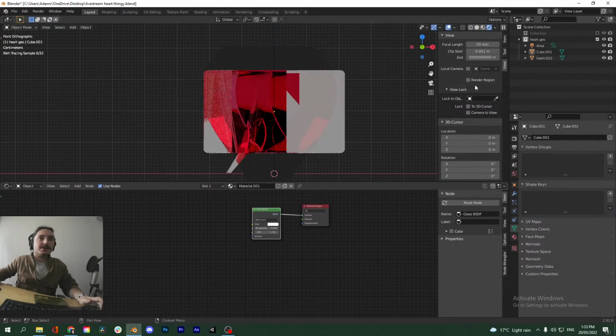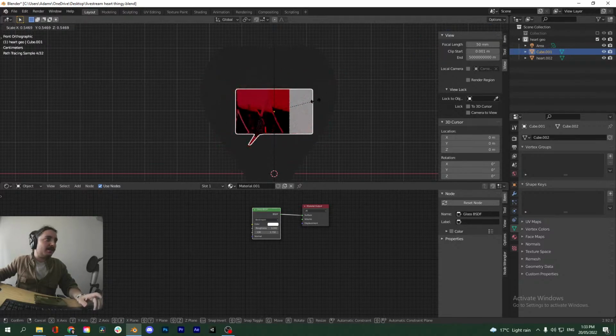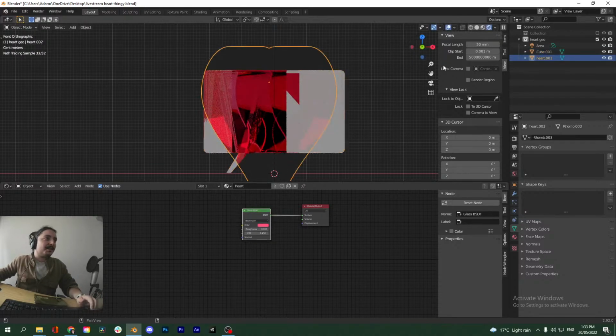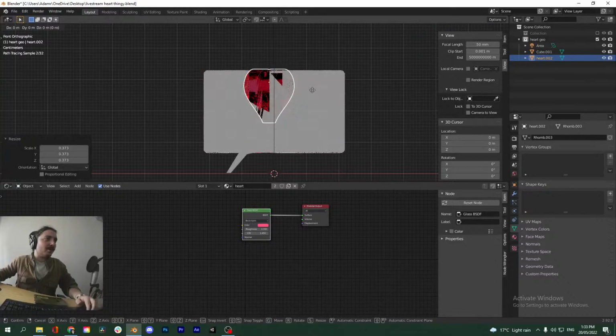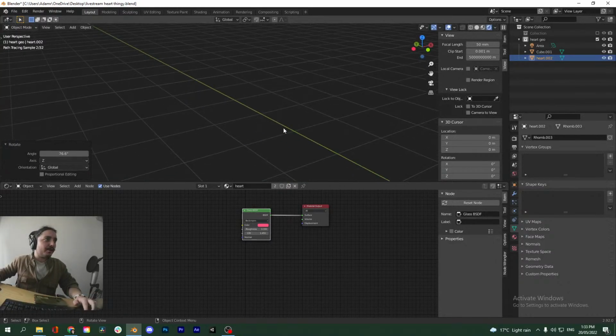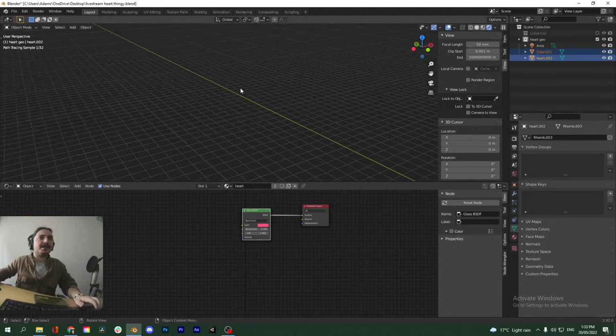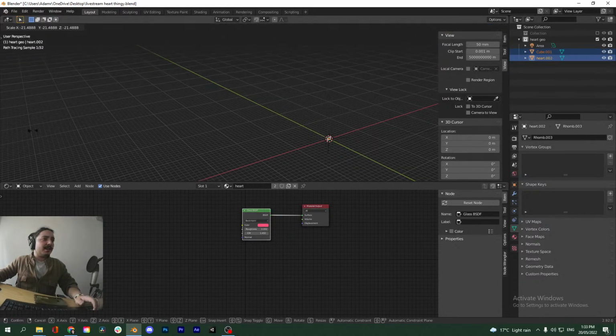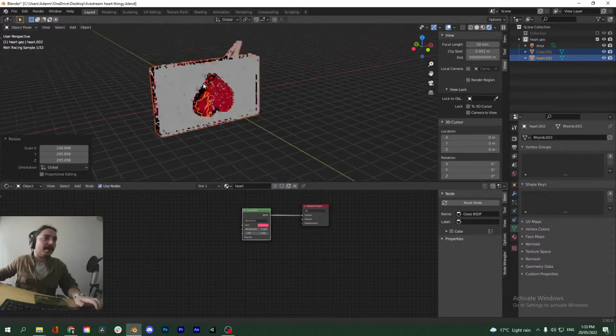And let's turn our heart icon back on. And yeah, obviously this isn't the neatest thing. I'm kind of just making it up as I go along. I would want to put more effort into this if this was a real example. Yo, I keep losing everything in the 3D space. You know what? Let's just scale everything up by pressing S and dragging. That way it won't be so small when I tab out of the camera.